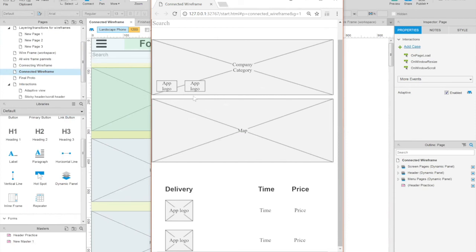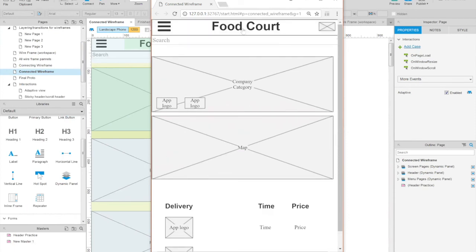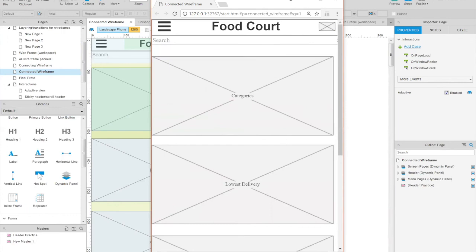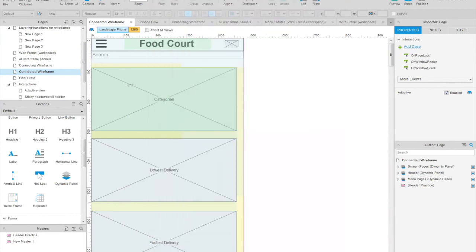So now that we have our skeletal wireframe, we can go in and kind of flesh it out a little, populate it with some pictures and stuff. If you notice, we didn't add any back buttons, so that's kind of an issue. So what we're going to do is, I already made a final prototype, so we're going to look at it, and then